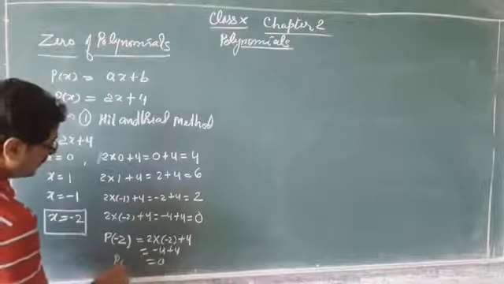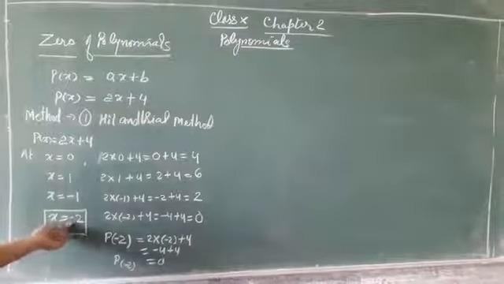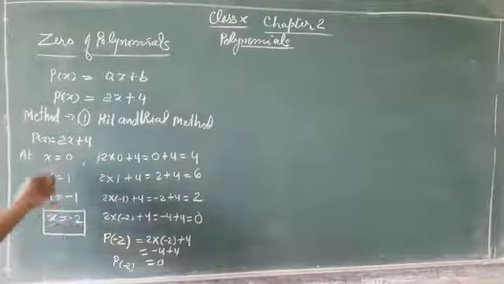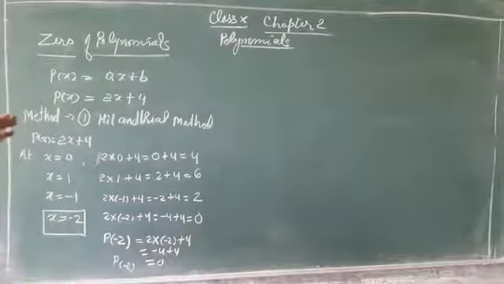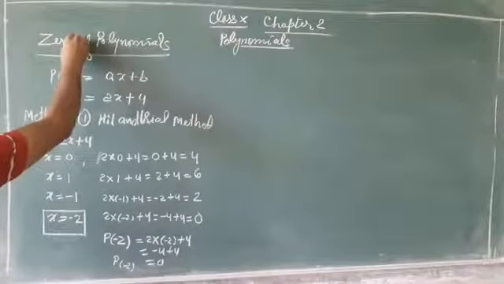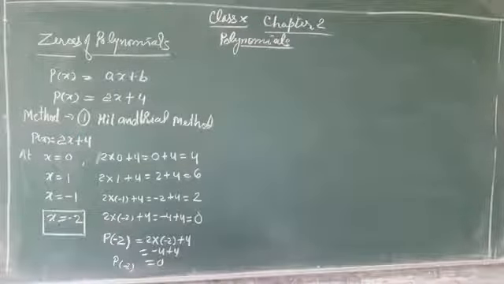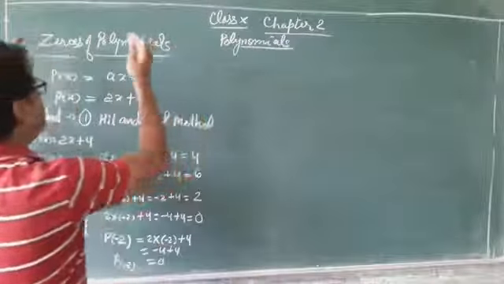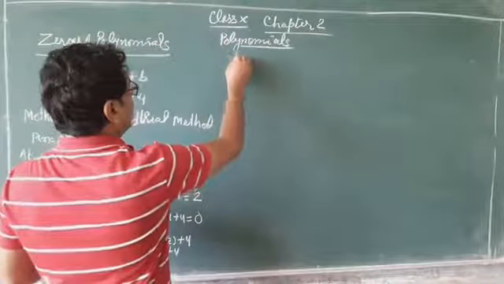So p of minus 2 is equal to 0, means this value of x at which the value of polynomial becomes 0. So this value is called the zero of the polynomial. It may be more than one zero, so we can write zeros. So the definition of zeros of polynomials means the value